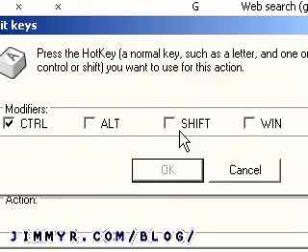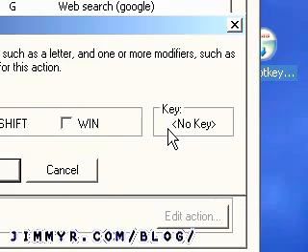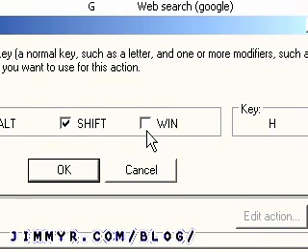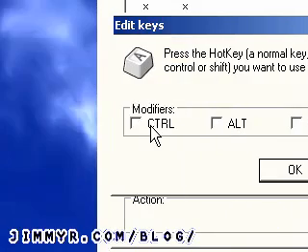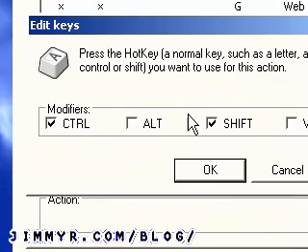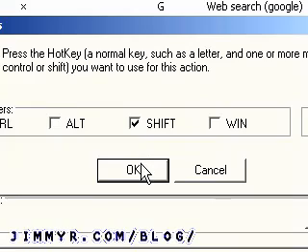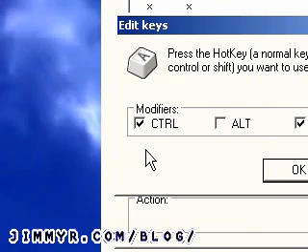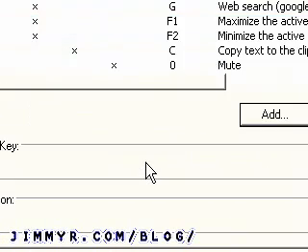Let's set it up as Control-Shift-H. I don't know, it doesn't matter what you set. You can even set the Windows key. You can set only one key if you want. Windows key H or something like that. Windows key is very often not used, but Control-Shift-H. So I click OK,